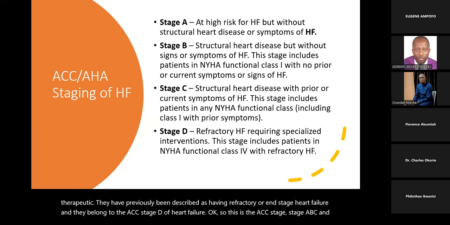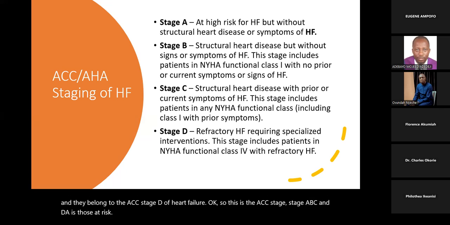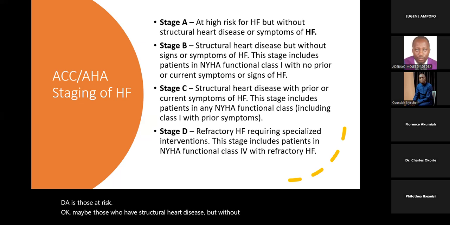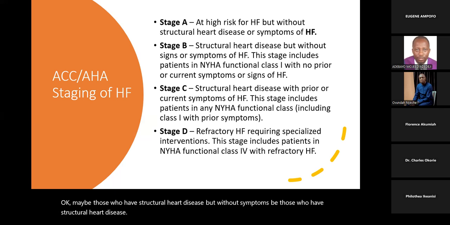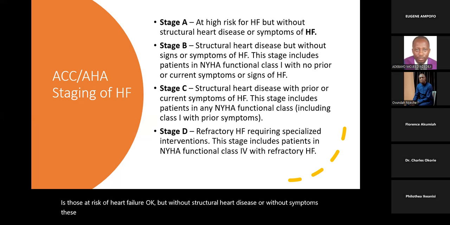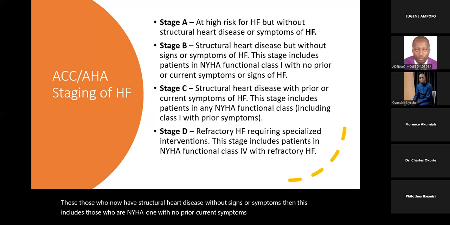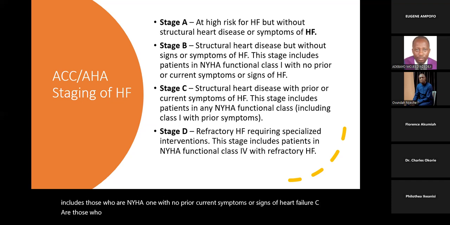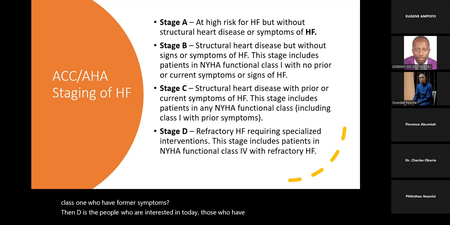A is those at risk of heart failure, but without structural heart disease or without symptoms. B is those who now have structural heart disease without signs or symptoms. This includes those who are in NYHA 1 with no prior or current symptoms or signs of heart failure. C are those who have prior or current symptoms, any NYHA class, including those in class 1 who have former symptoms. Then D is the people we are interested in today, those who have refractory heart failure and who require